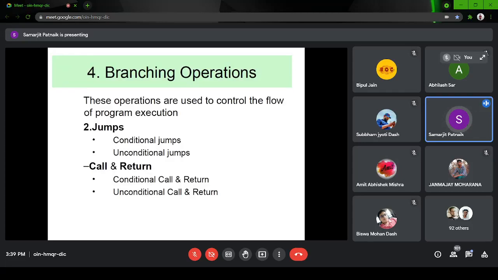So there are some jump operations. Why is it important? To write for loops or while loops, there will be a jump. But in for loops, we have a condition: if i is less than something, then do something. So here we have a conditional jump. We also have an unconditional jump. Call and return are for writing subroutines, like function calls.